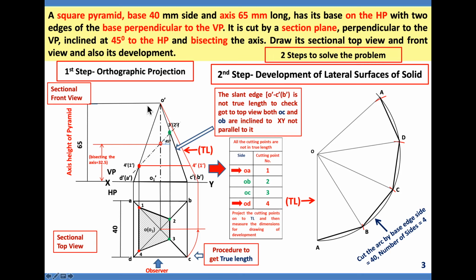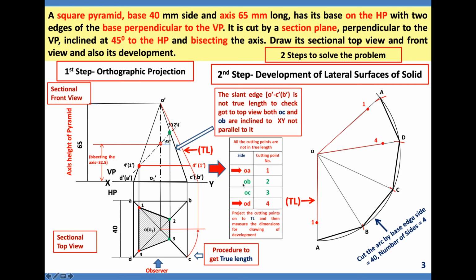Now take the compass with O dash as center and the new point as the dimension, mark it on the development area. So on OA, 1 will come, on OD, 4 will come. You can see on the development, yes, 1 has been marked, one more OA is there, here also 1 has been marked, and the dimension for OD 4 is already got, so it has to be marked. So we got 1 and 4.